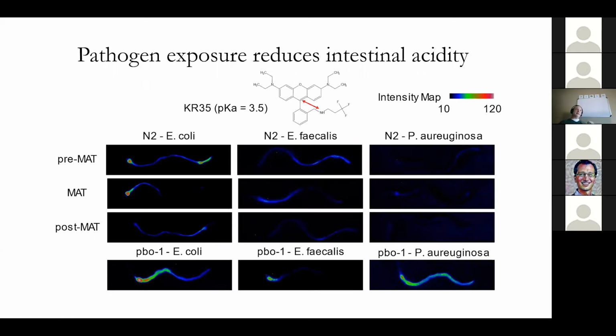So then we went in and tested whether or not exposure to pathogen changed the pH. So we grew animals on E. coli, fed them our pH probe, and then transitioned them onto plates that contained pathogens, either Enterococcus faecalis or Pseudomonas aeruginosa. And we found that as far as we could measure, we saw a decrease in the intestinal fluorescence on these pathogens. We also saw a delay or a decrease, a complete absence of the DMP on these pathogens,